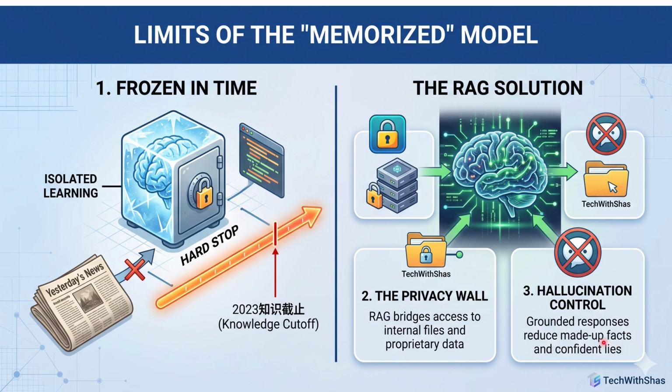And the third thing is hallucination control. We know that LLMs, when they don't have knowledge, try to make up a very sweet response. So, to solve these things, we use RAG solutions, and because of this solution, we are able to augment the knowledge of the LLM and utilize it at the enterprise level.